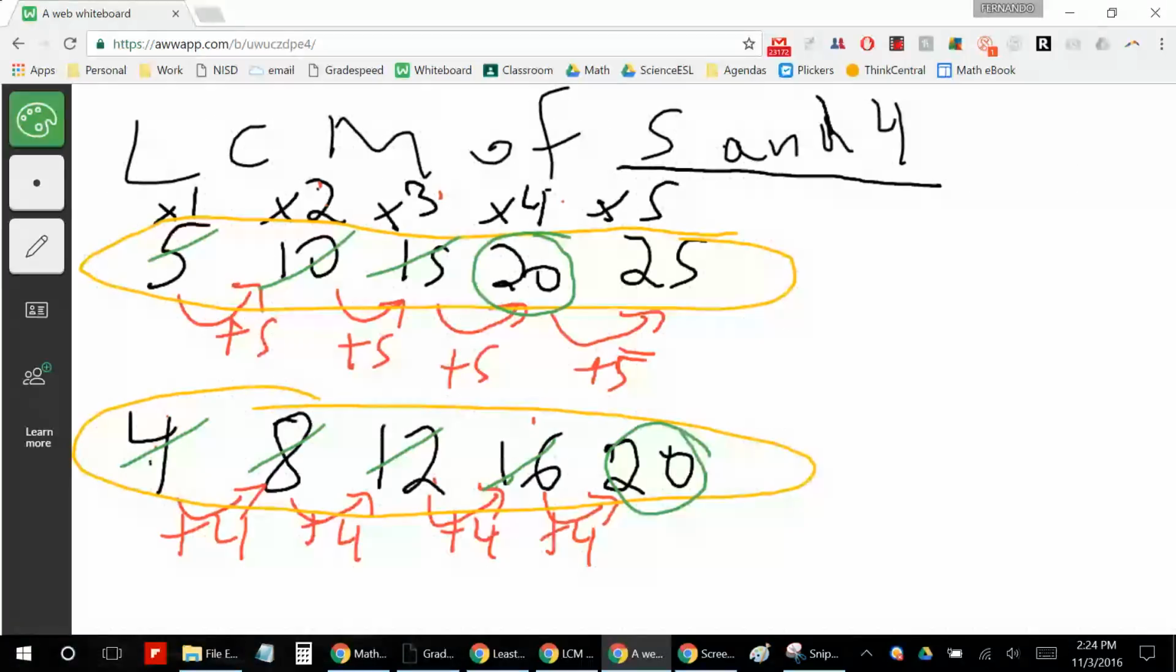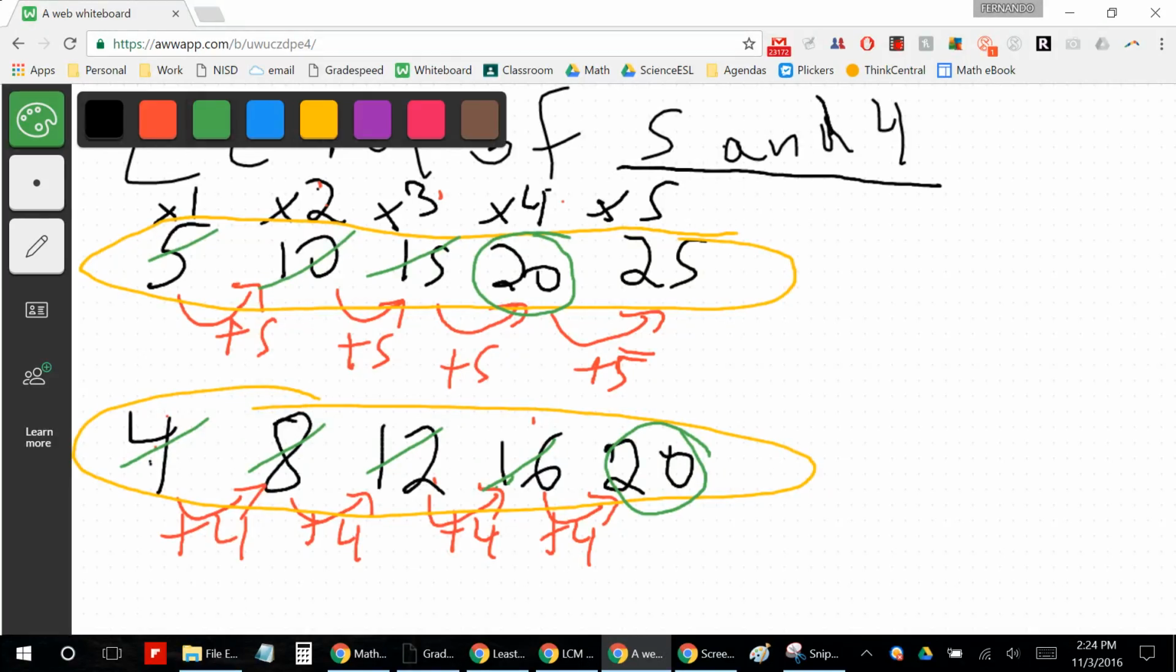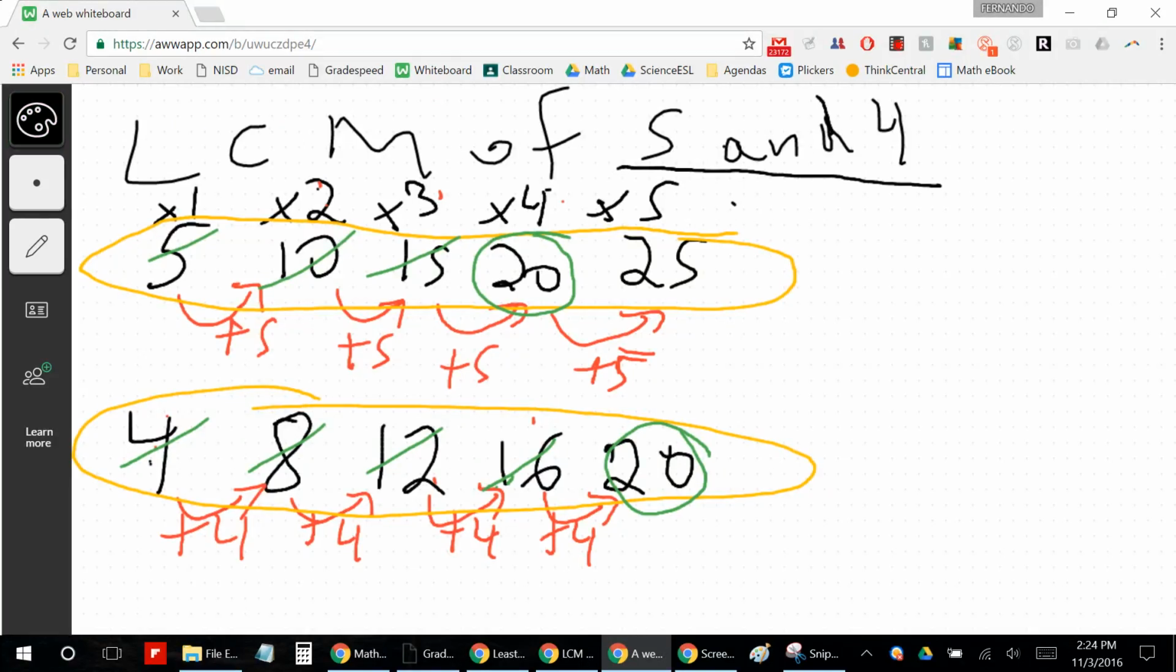Now there may be times when you don't find anything on times 5, so you need to do times 6, maybe even 7, 8, 9, or even go all the way to whatever number it takes to find that number, the LCM. The LCM of 5 and 4 is going to be